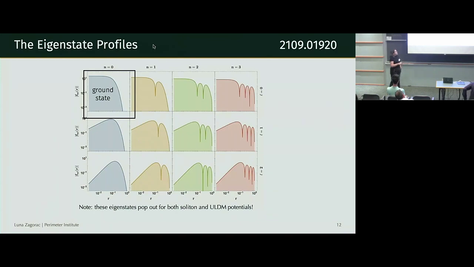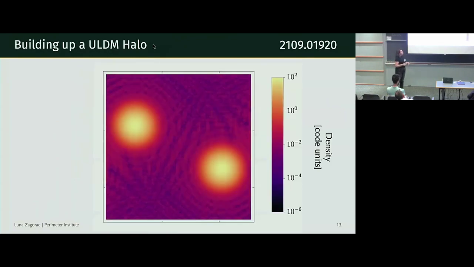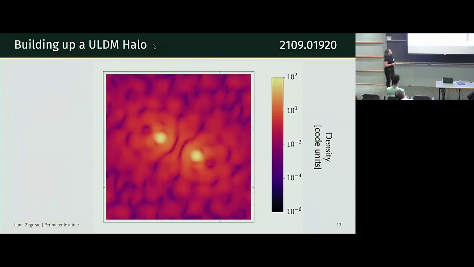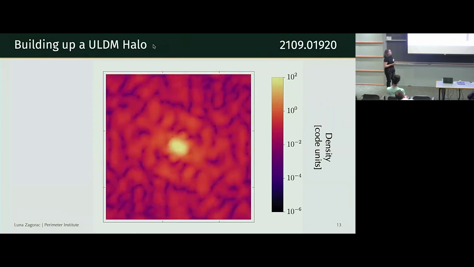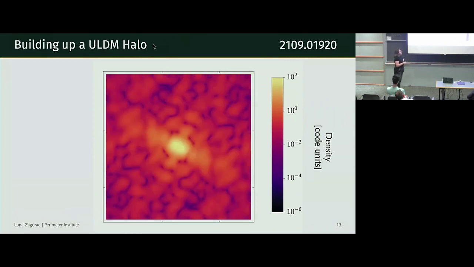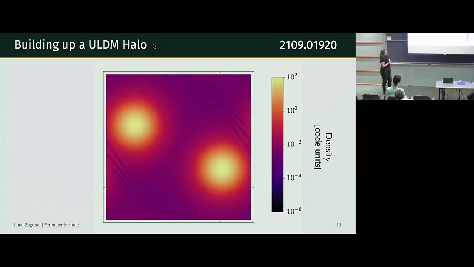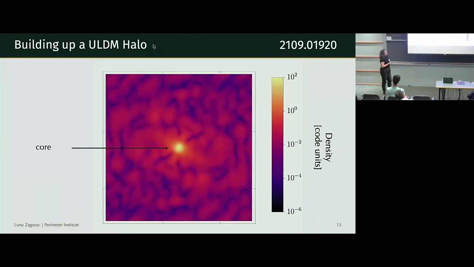And then the skirt, the outwards of this, is all of these excited states, along with their Y_lm parts, of course, added together. So it's really a superposition of eigenstates that makes up a halo. And the halo in question might look something like this. So here I'm showing you a formation of a halo that I'm forming by colliding two blobs of dark matter here. And then I get this really pretty simulation of what a fuzzy dark matter halo looks like. A few things to notice here. So first we have the core here. This is that central core that we like that solves the core-cusp problem, blah, blah, blah.